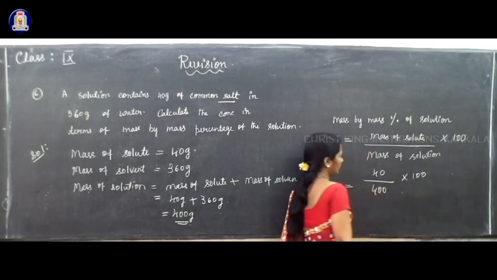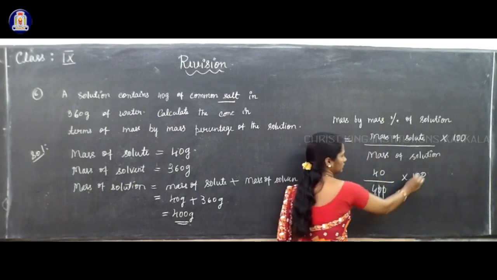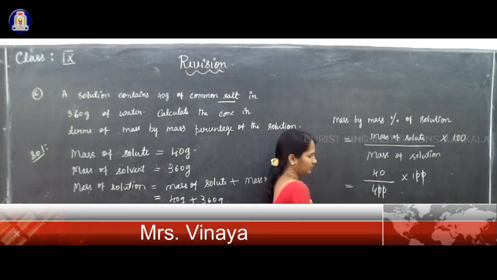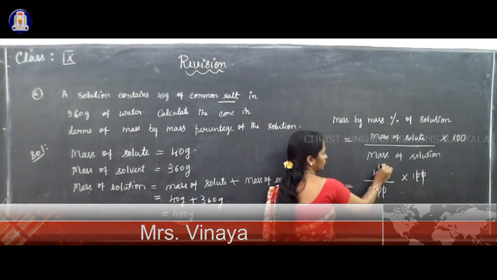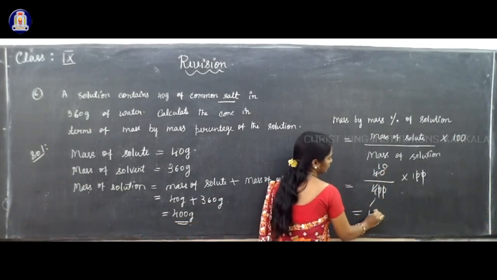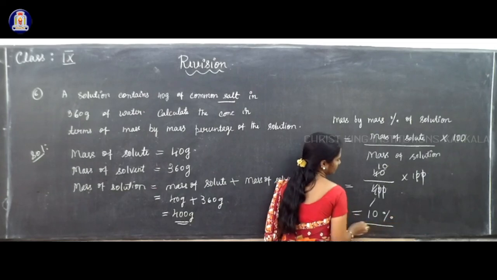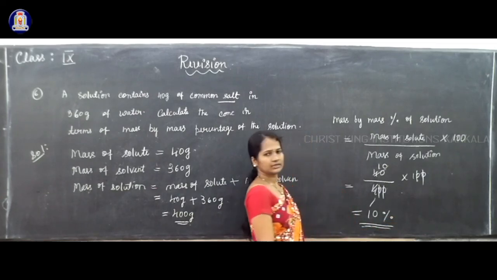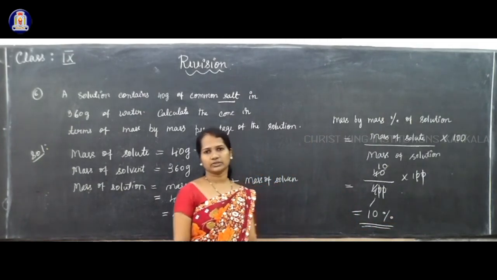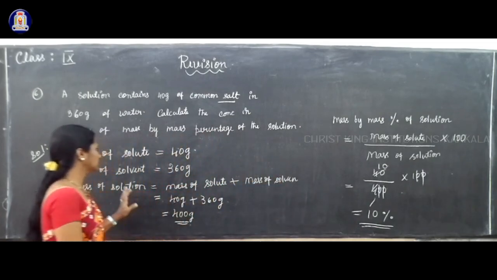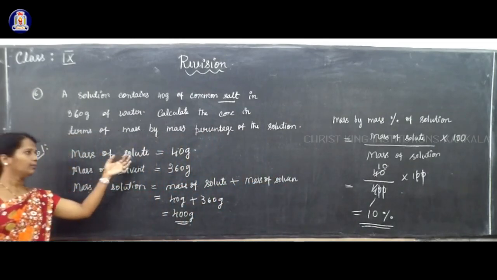Here this 0 gets cancelled. 4 ones are 4, 4 tens are 40, which is equal to 10%. So mass by mass percent of the solution is 10%. Write the formula. First write down what is given. Mass of the solute